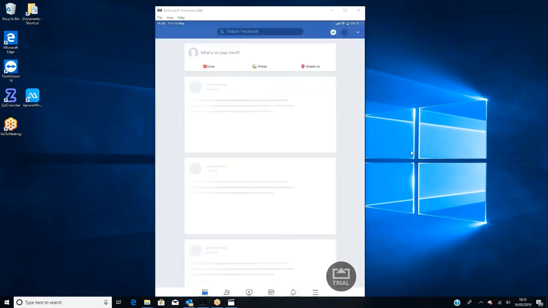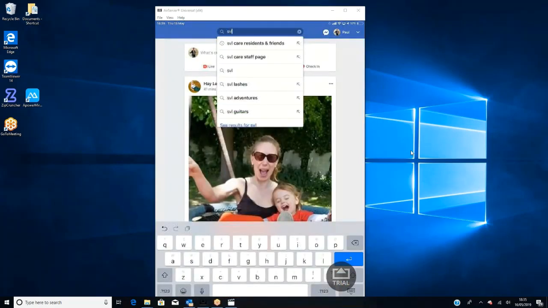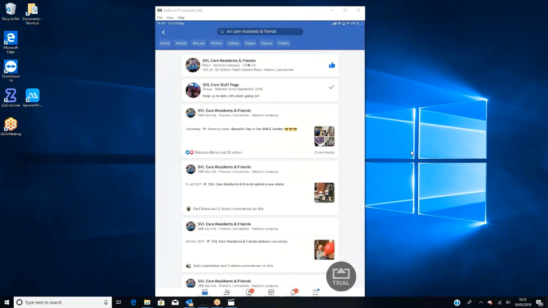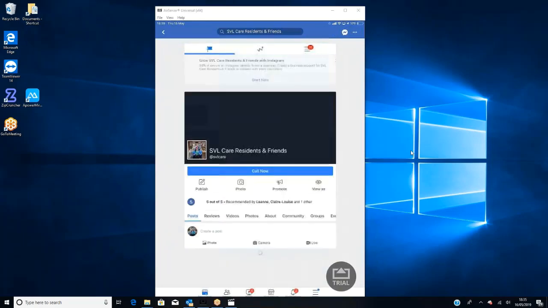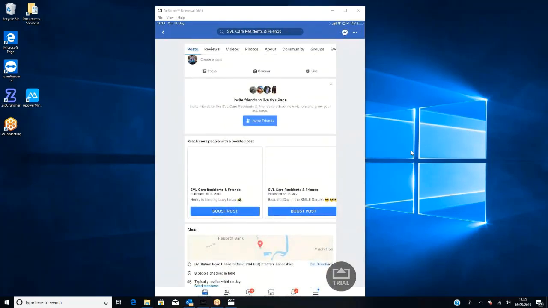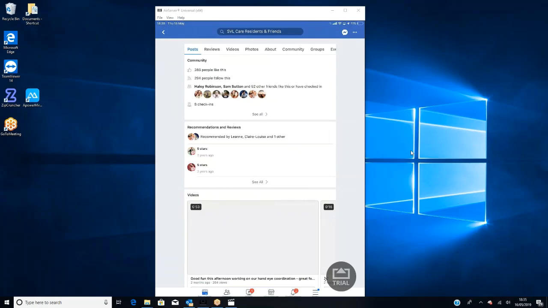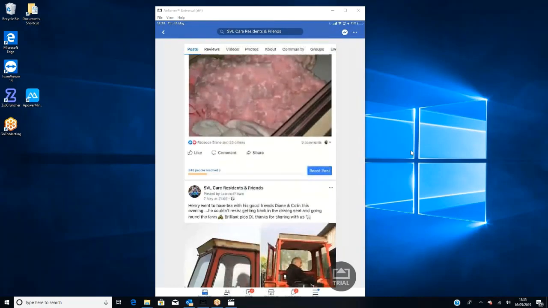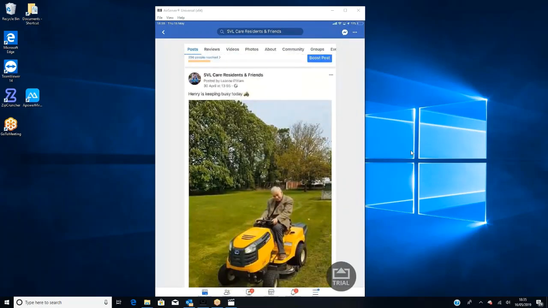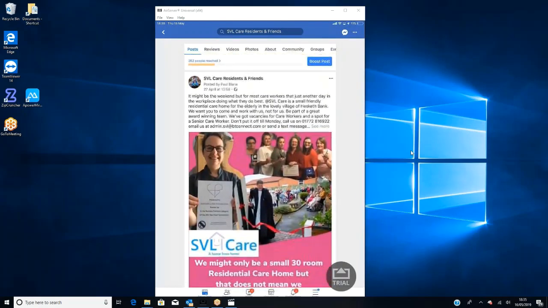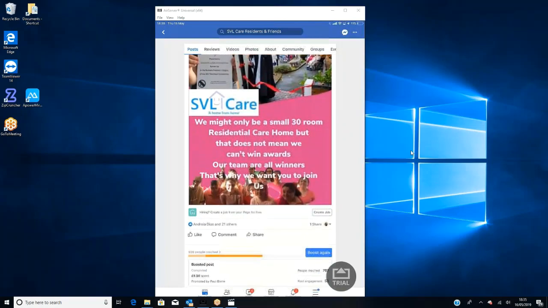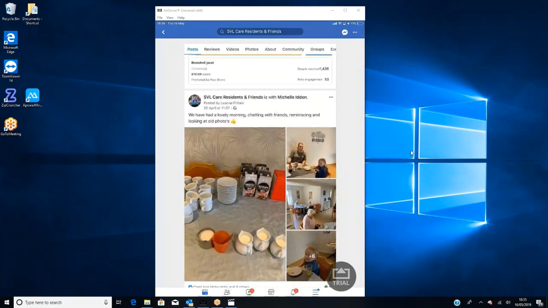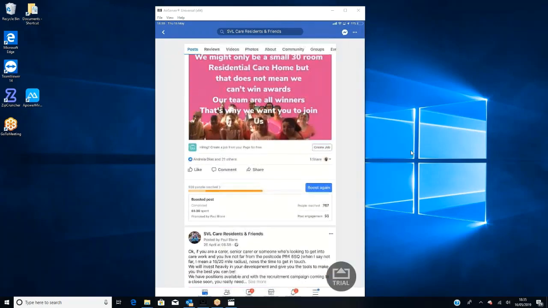And I just want to show you something now. So if I go to this post here, I'm going to look for a certain post just to show you what the end result was of this. So it's flicking through. And this is their Facebook page. I'll get back in a moment to why it's important to have this. In fact, it's very important to have this. In fact, I'm just wondering if this is the easiest one to show you.